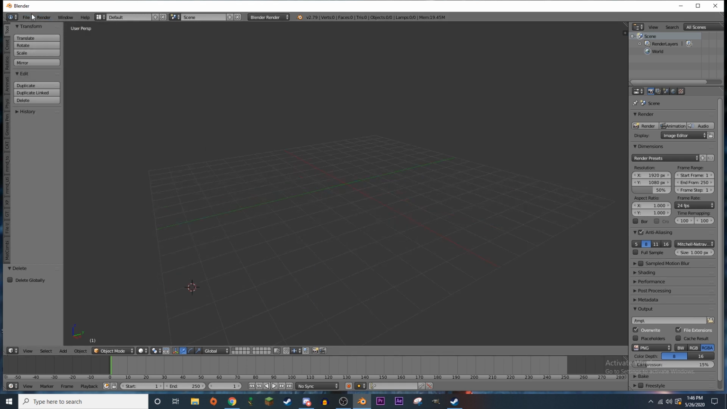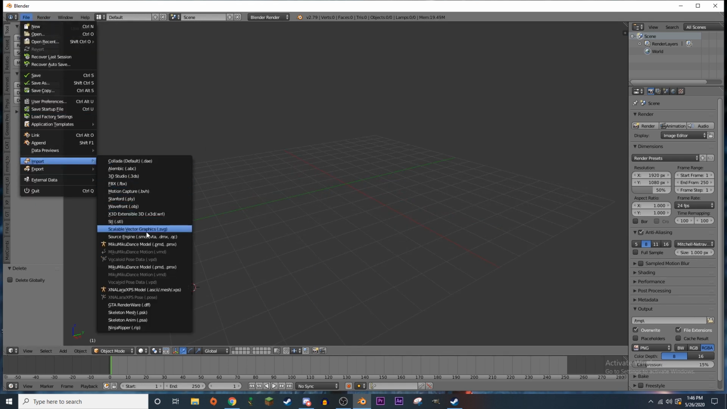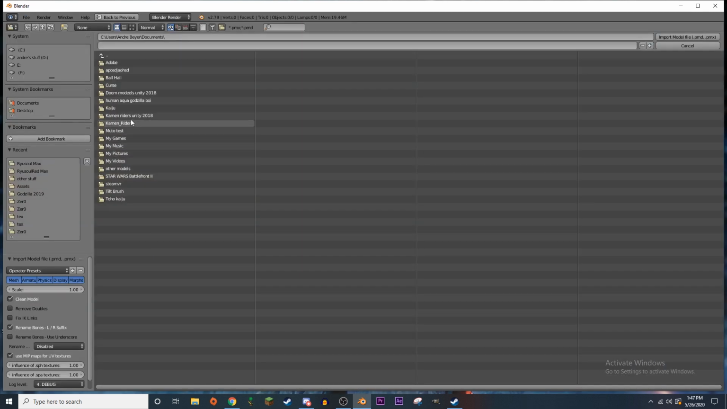And luckily enough, I have one already. So you just want to find whatever model, it's fine. Usually I use MMD or whatever. So whatever model you want, grab it. So we'll go to